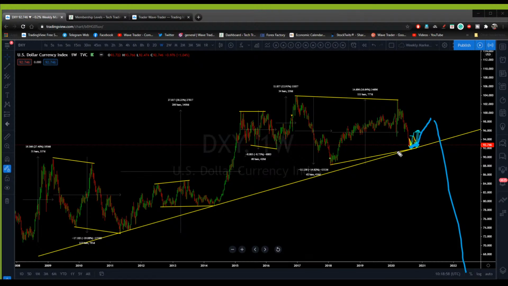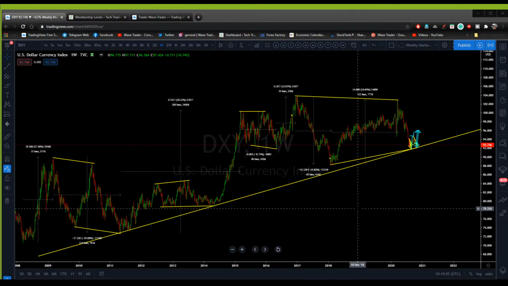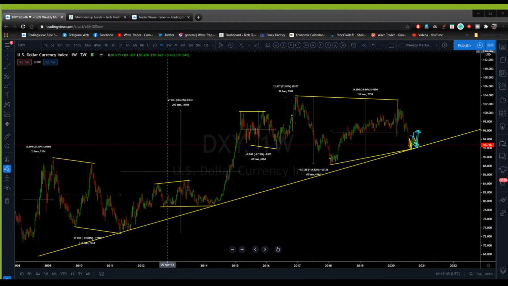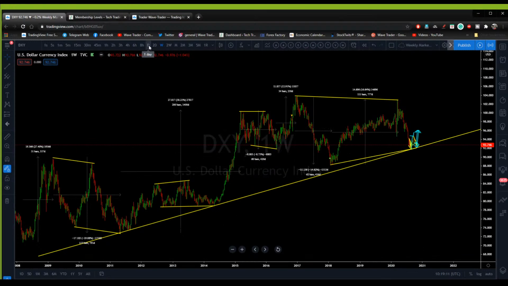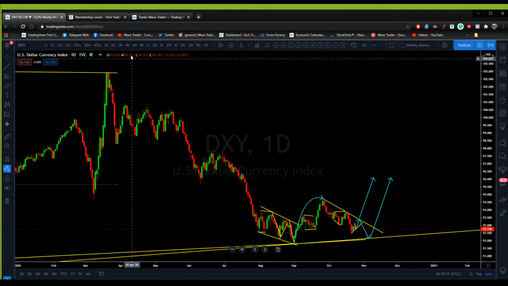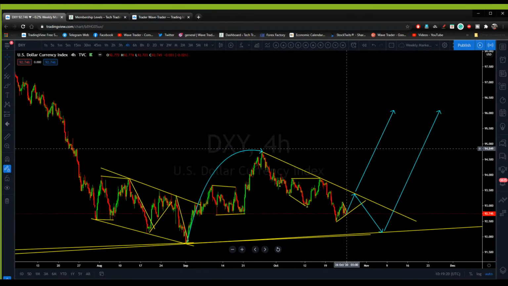All right, so the election will decide what dollar is going to do for the next 1 to 2 years. All right, so we are expecting dollar to gain some strength after the election and then go for a cyclical